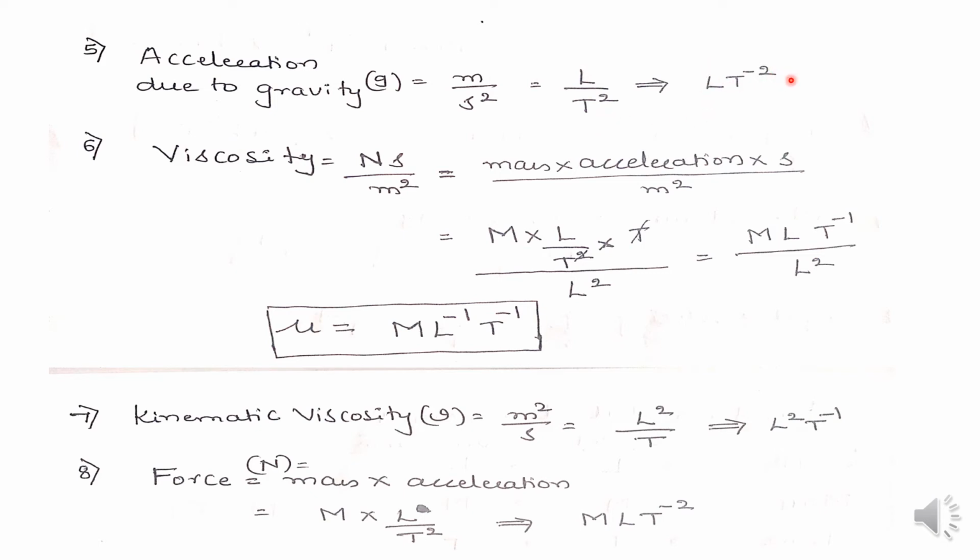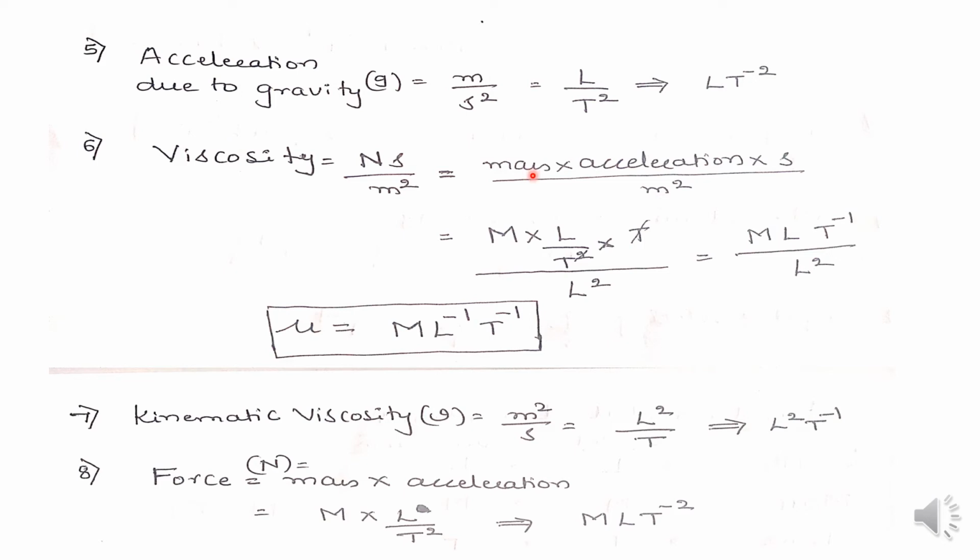Next, viscosity or dynamic viscosity. The unit for dynamic viscosity is Newton second per meter square. We do not have any fundamental dimension directly for Newton. Newton is the unit of force. So how will we calculate force? That is mass into acceleration. I will keep seconds and meter square as they are, because we have the fundamental dimension for seconds as well as for meter.